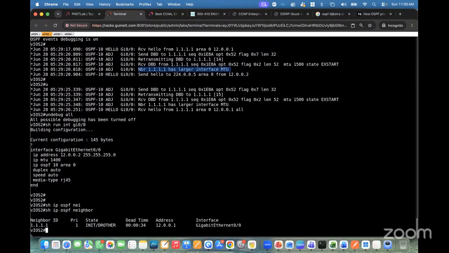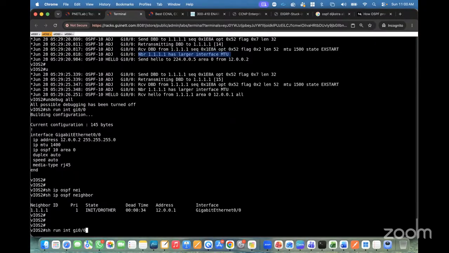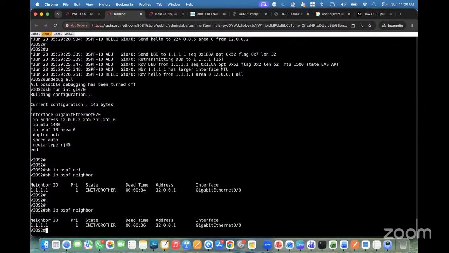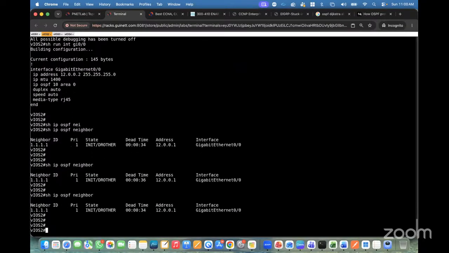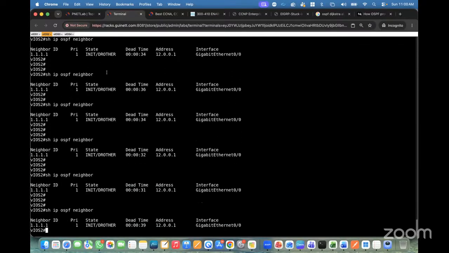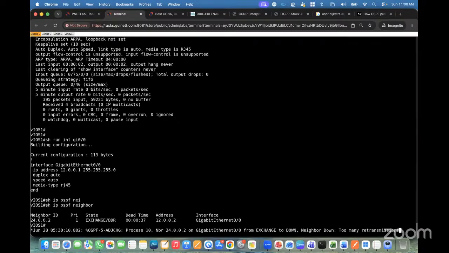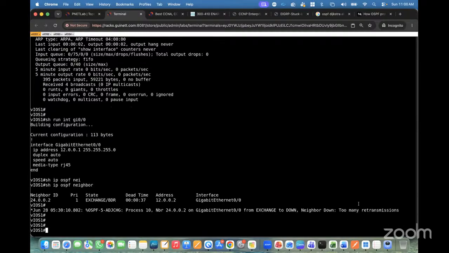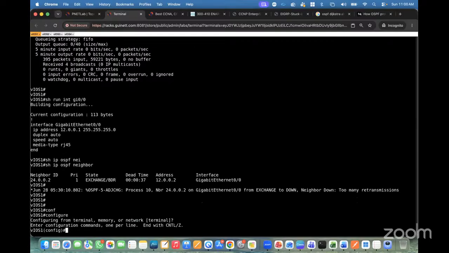Again it's going down. It's going to be, like, probably any state, DR other. It is going to be again in the start state. So MTU is basically a problem where the MTU is going to mismatch. Your OSPF neighbor is going to be stuck in the start. It's showing too many retransmissions. So if I want to fix this value, I simply go here